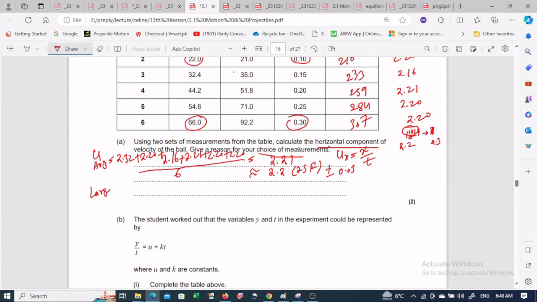Larger values are more accurate, okay, and larger values are more accurate, and the use of differences to eliminate